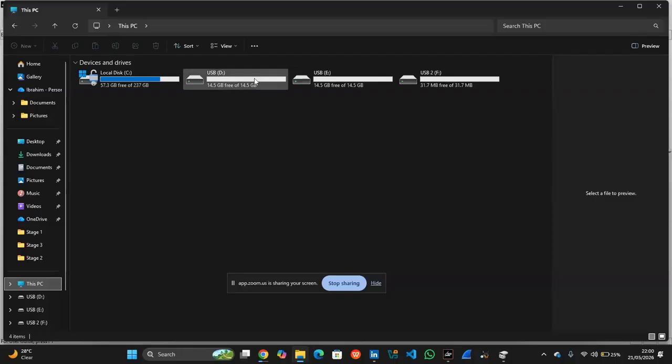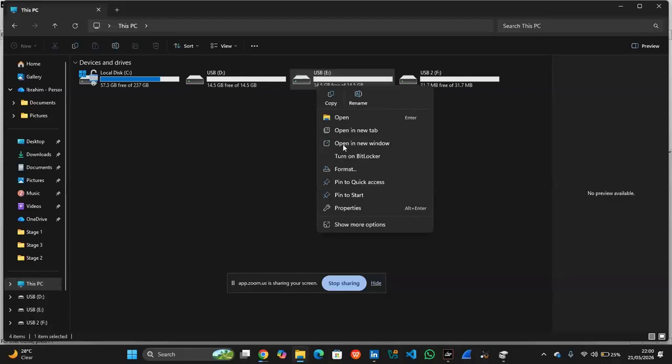But actually, one of these is the physical copy which I plugged in, and one is the copy I made, the one I just mounted right now. See, we have the D and the E. I can't even remember which one is the original. How can we verify which one is the original? If you remember, I selected read only, so we can't modify or delete anything.